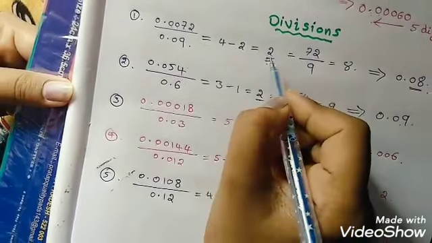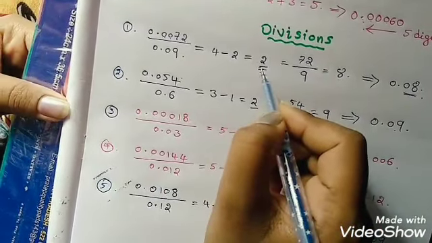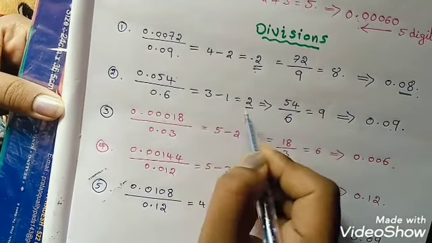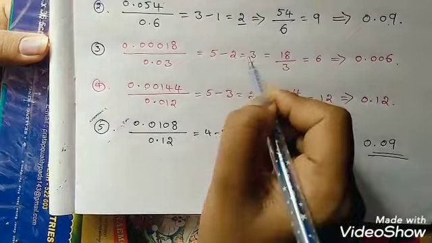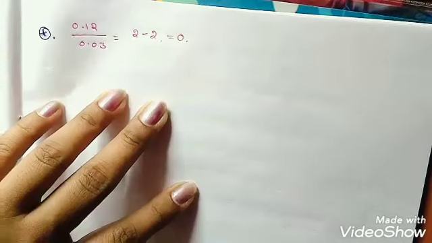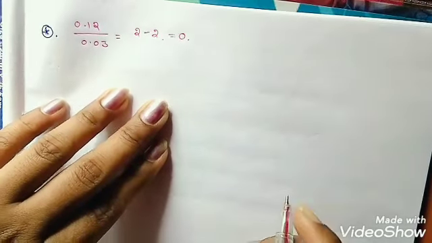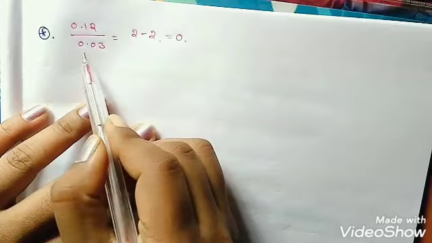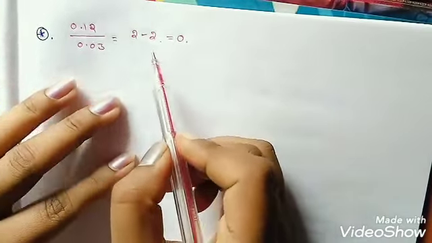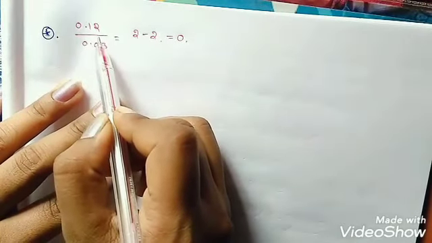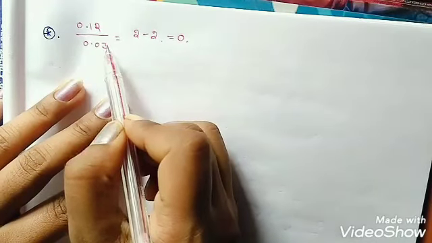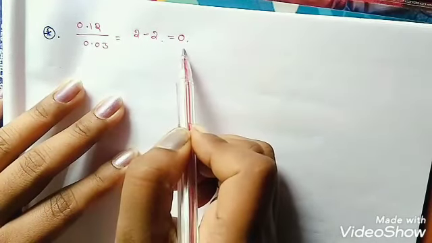Suppose here you get a negative value, if we subtract like this, just like minus 2, and here also minus 2, here minus 3. For that also I can give you another example, see, just 0.12 by 0.03. If you do like this as previous, count the digits after the decimal, the numbers 1 and 2, in the numerator and the denominator also you can count the numbers, 2 minus 2, then that is 0.